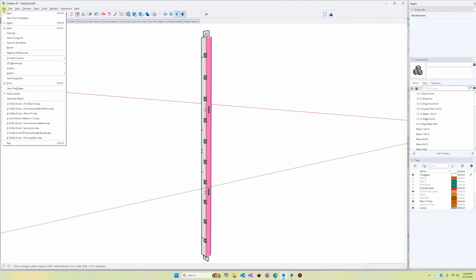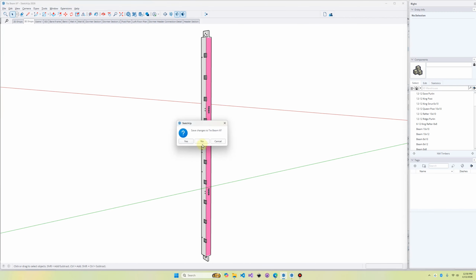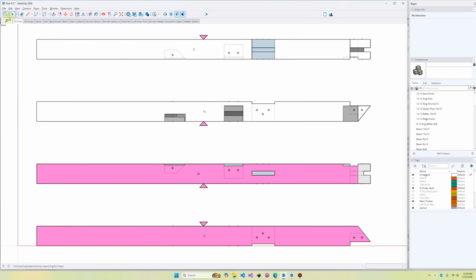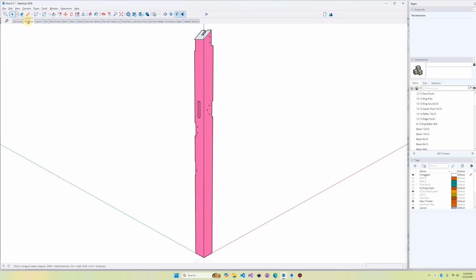I'm going to do one more. I picked these 2 particular timbers for a reason. We'll see why in a second. I'm going to do post 3C. Yes, I wanted to save that. And here in 3C again, I'm going to make this just a little bit smaller, update it,